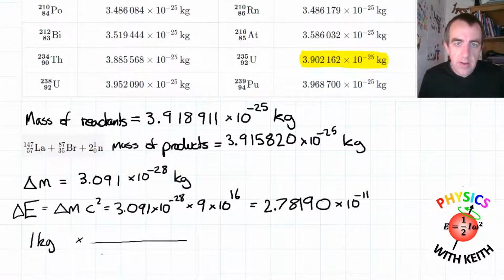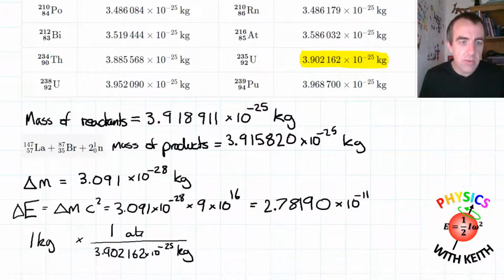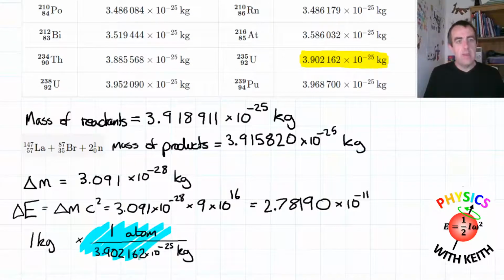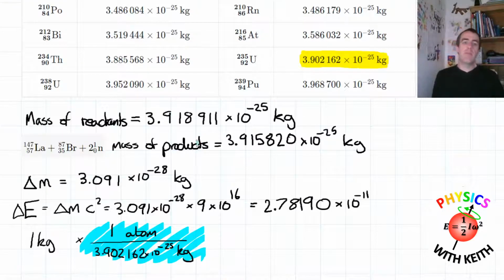and I'll put this here, let's get this right, so 3.902162 times 10 to the negative 25 kilograms is 1 atom. So you see what I've done here? I've said that this is the mass per atom, and I've written it like this. Let me know if you want me to go through this bit. Okay,